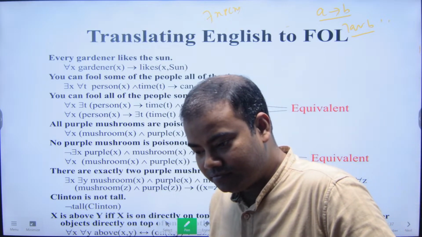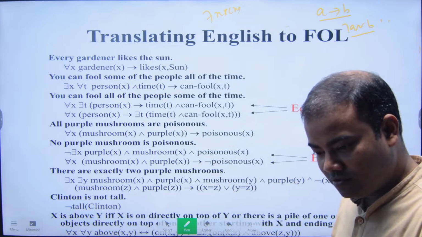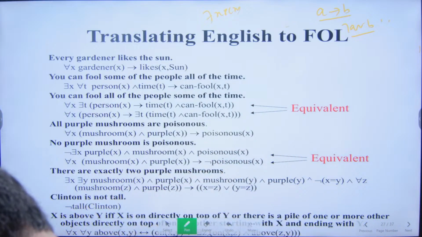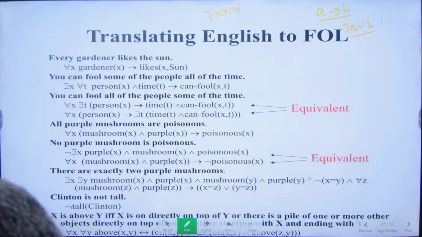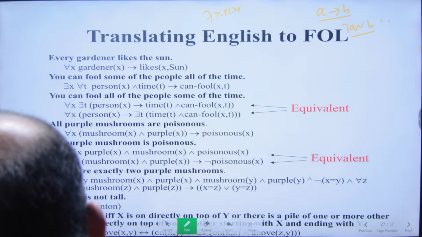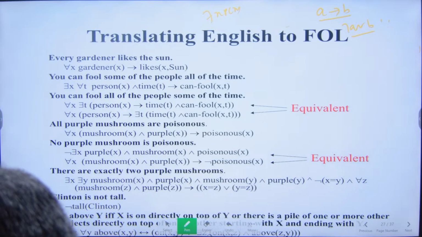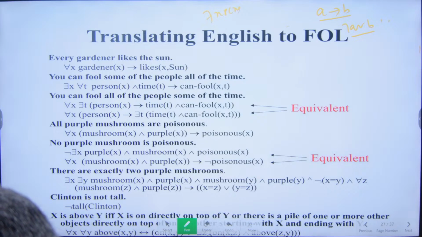You have written? So why do you need y, x, z, three things? No, Z and X. Oh, z and x, then it is correct. Mushroom x, and it means purple mushroom. If it is a purple mushroom, then for all z,